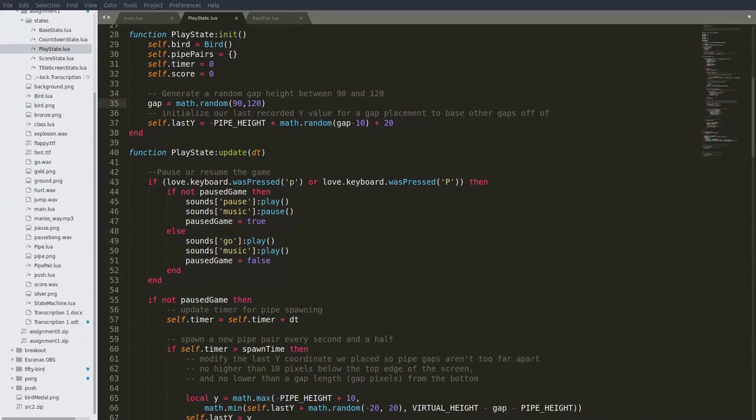The first work was to randomize the gap between pipes, the vertical space, such that they are no longer hard-coded to 90 pixels. In playstate.lua at line 35, I created a variable named gap and assigned it a random value between 90 and 120. I'm using this variable at line 37 to generate the last y value, at line 66 to calculate the local y value, and finally at line 71